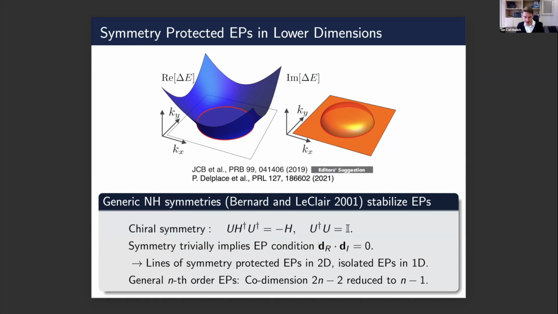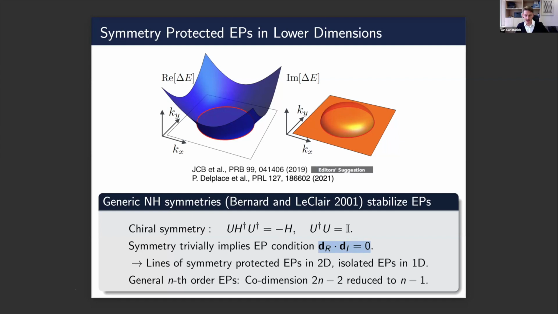Then it turns out in my simple two-band model before, this implies already one of the conditions. So the overlap of these two vectors, dr and di, is already pinned to 0 by this symmetry constraint. And this means that I only need one parameter to tune to an exceptional point. This means if I have a symmetry such as chiral symmetry or a list of related other symmetries, then I